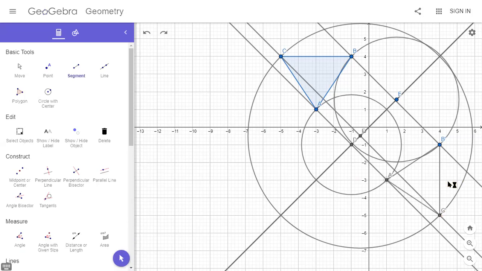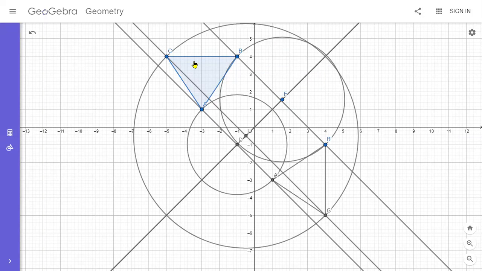Here the shaded object is the pre-image, and this unshaded object is the image of the object ABC, which is A prime, B prime and C prime. Here we have just reflected this triangle ABC with this mirror, the line y equals x, and here the image is formed. The image is just triangle A prime, B prime and C prime.